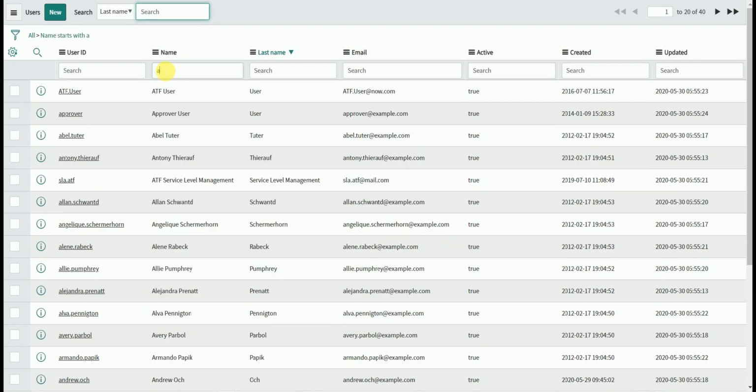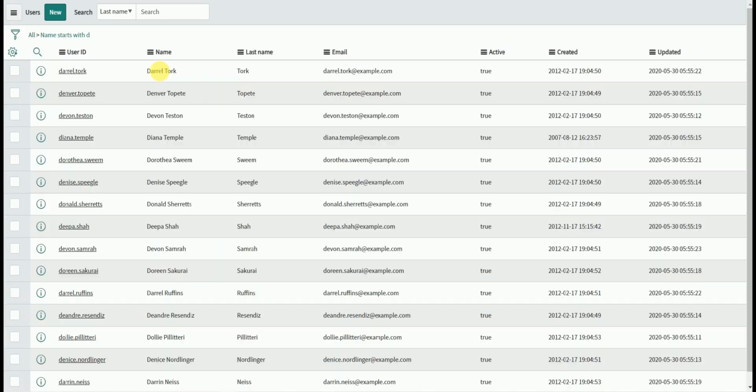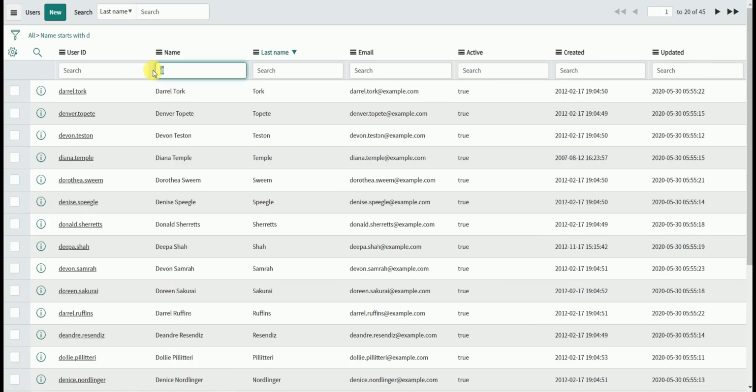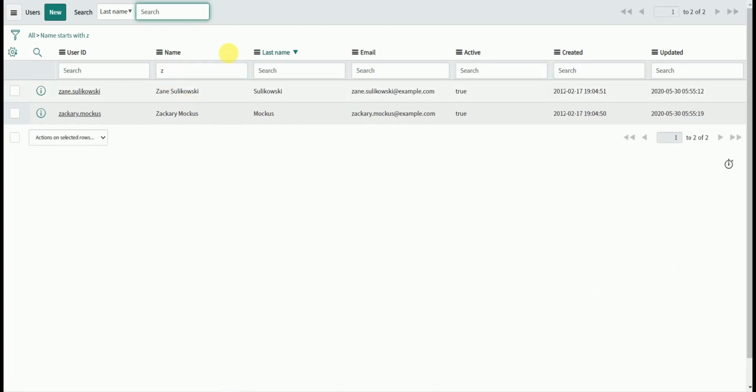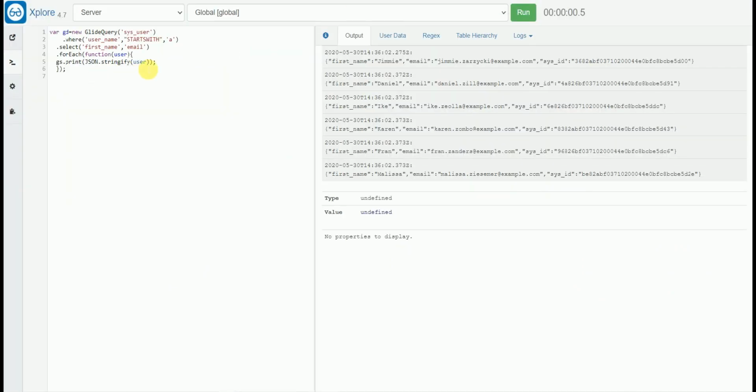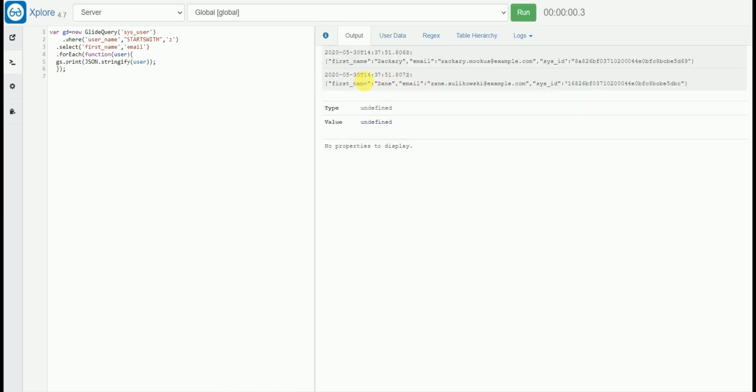So let's select some other character. Okay, we'll go with Z. It's one of the examples that Jace has shown. If you go to his article, you will find that. I'll post the link of the article and send it to you as well.